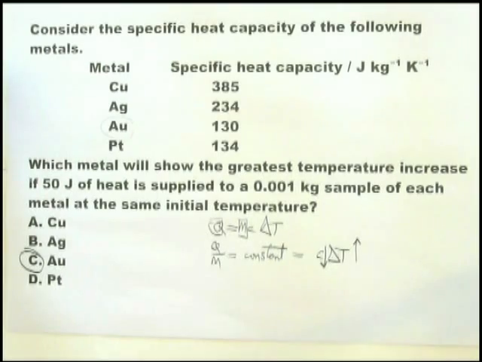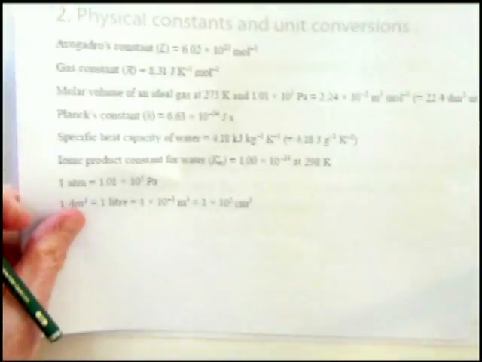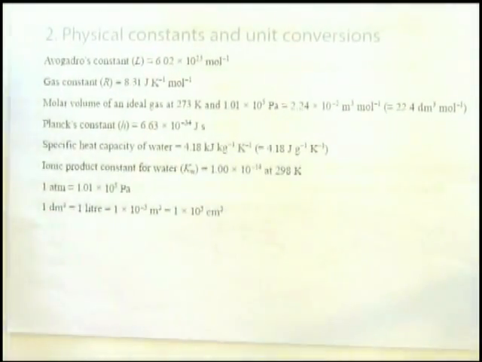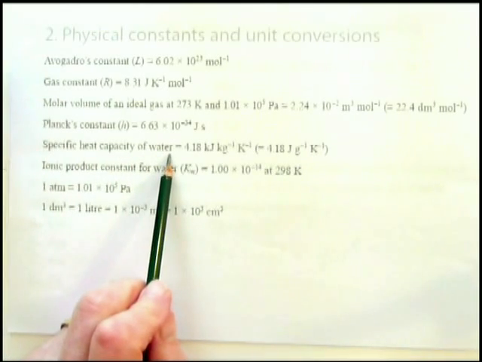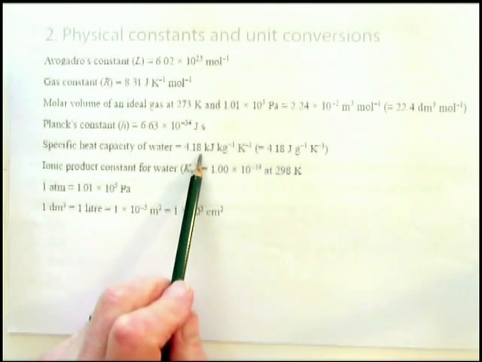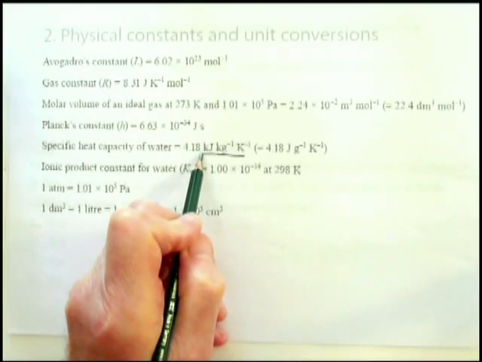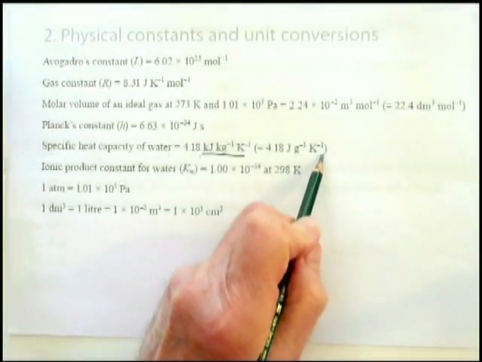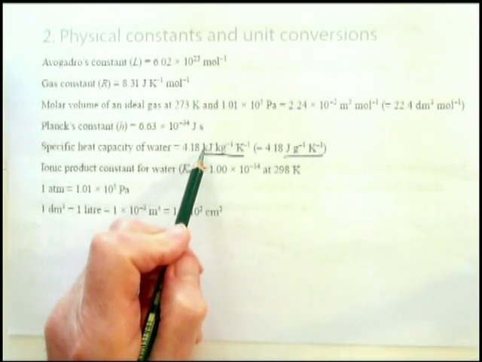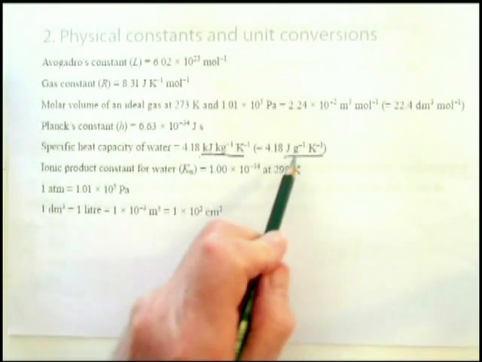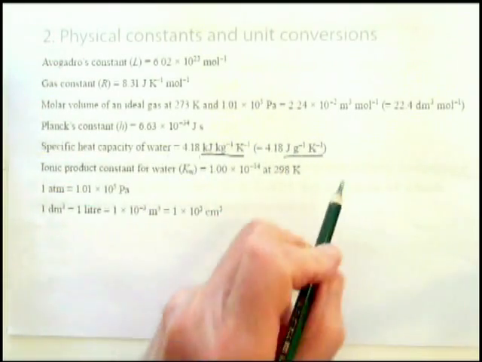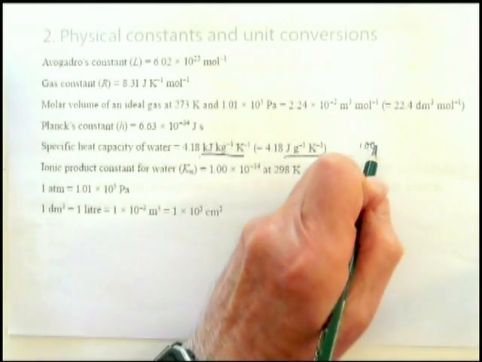What I would like to talk about now is to show you that if you look in the data booklet, and I've got the particular page here, at the physical constants and unit conversions, and you look at the specific heat capacity of water, you find it's 4.18, which is fine, and they give you this unit there, and in brackets they give you this other unit. And you see that it's kilojoules, kilograms, joules, grams. And the difference is nothing more than 1,000